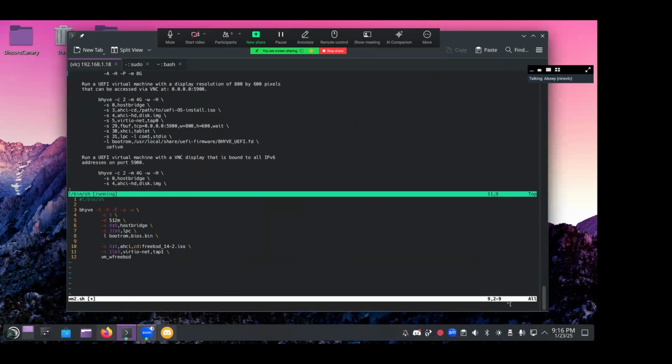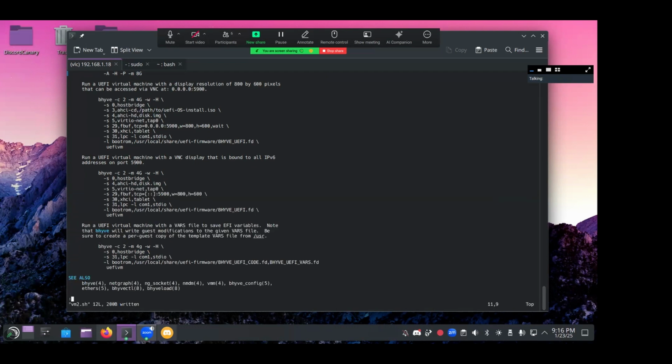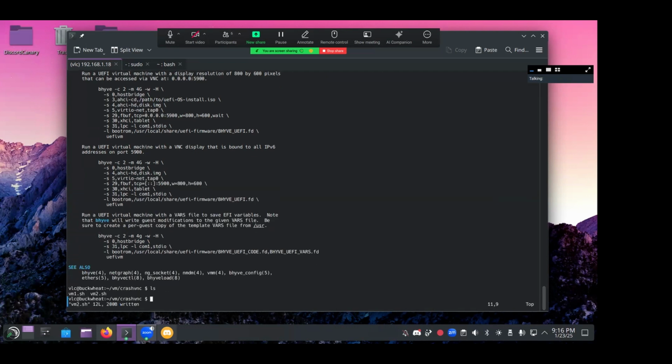I still haven't really figured out how to use Vim efficiently. Frame buffer. No, TCP.